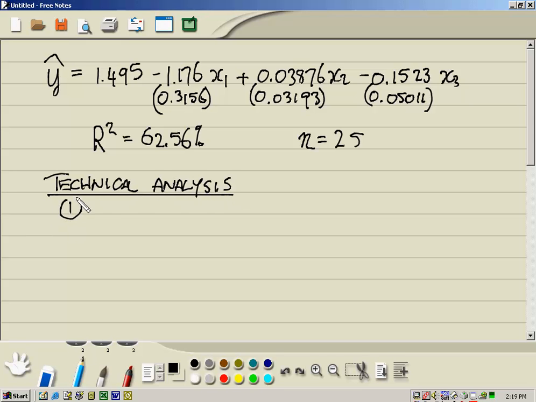Okay, so now we're going to do the technical analysis. Alright, and the first part of the technical analysis will be R squared, to calculate it if it's not given to us, and then the interpretation. Alright, R squared is given to us, so we'll go directly to the interpretation. Alright, we'll talk about this regression, the one we've written down up here, taken from the computer output. So this particular regression